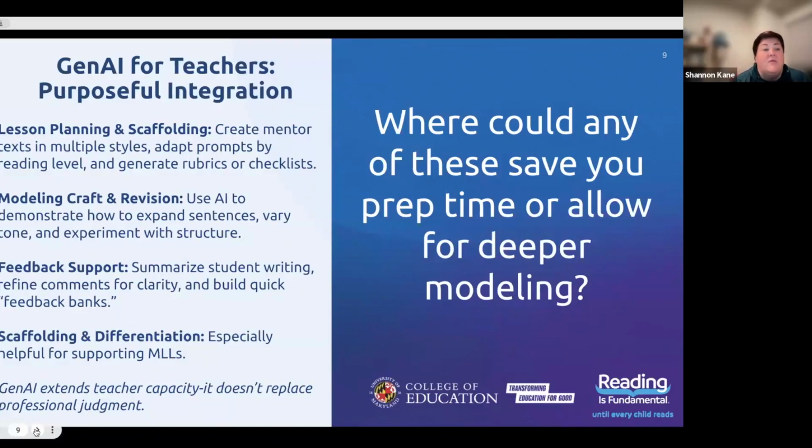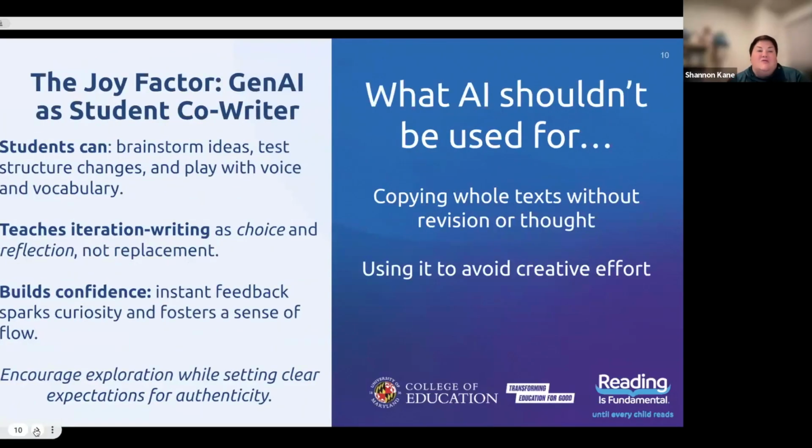They're able to give you that feedback, brainstorm, and save you some time. So that's thinking about the use of AI from a teacher's perspective, but I really want us to spend a little bit more time and really look at this idea from a student's perspective. Like how can we use it with our students, and get them thinking about it as a tool, not necessarily just as a shortcut. So again, hitting that joy factor, right?